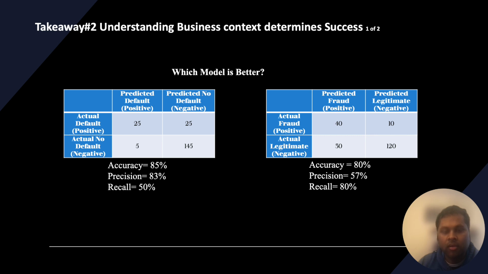Imagine you have confusion matrix results of two different classification models, like the ones that I have on the screen. And you've been asked to decide which model is a better fit. Clearly, one model has higher accuracy than the other, right? It's easy to get caught up chasing high overall accuracy, but let me tell you, a technically excellent model is no good if it doesn't align well with business goals and stakeholder needs.